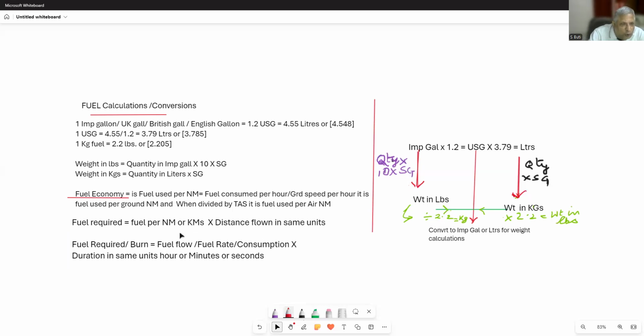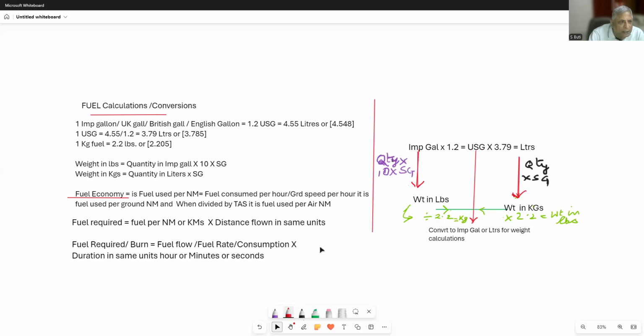That is the fuel used per unit of time. Unit of time could be per hour, per minute, or per second. So read your flight manual and find out the fuel flow per hour, then multiply by the number of hours you are going to fly. If it is per minute, multiply by the minutes you are going to fly and you will get the total